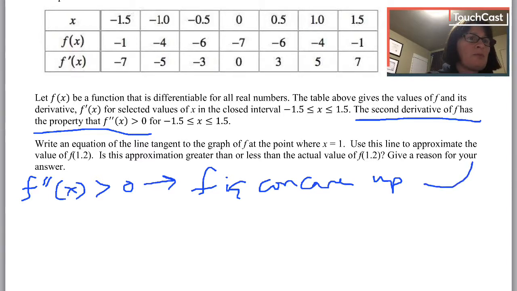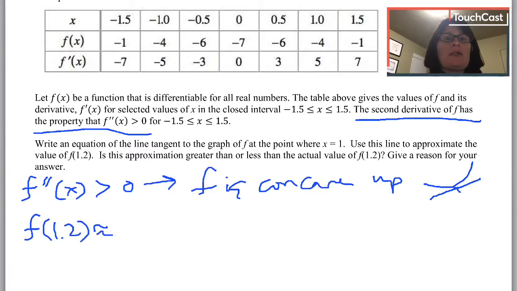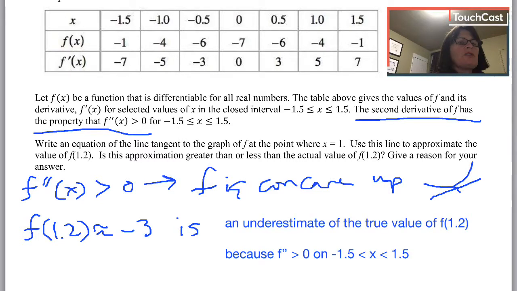So here's a picture that's concave up. If I try to draw the tangent line to it, my tangent line lies below the curve, which means my tangent line approximation, my linearization, is going to be an underestimate. So I'm going to say f of 1.2 is approximately equal to -3 is, I'm going to type this out. All right, so here's what I wrote up. f of 1.2 is approximately equal to -3 is an underestimate of the true value of f of 1.2 because